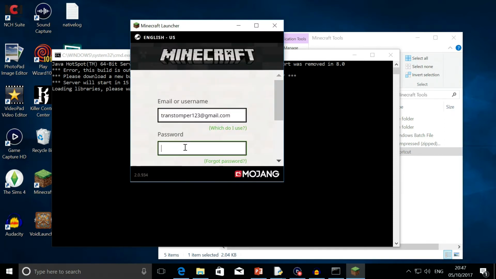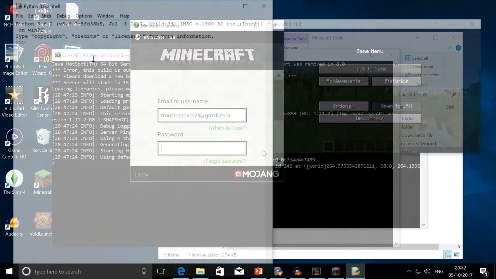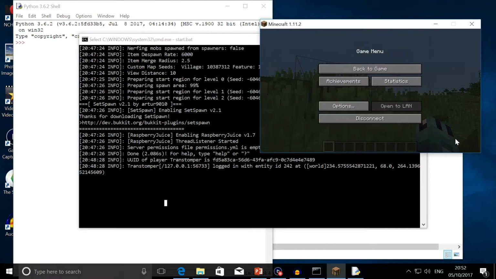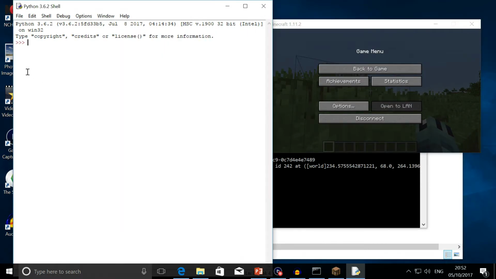So what I will do is cut ahead in the video till this is all loaded up, and I've got the world loaded up as well. Once everything's loaded up, for example the command prompt and your Minecraft world, we go into the Python shell, not the Python text editor, and we type in from,